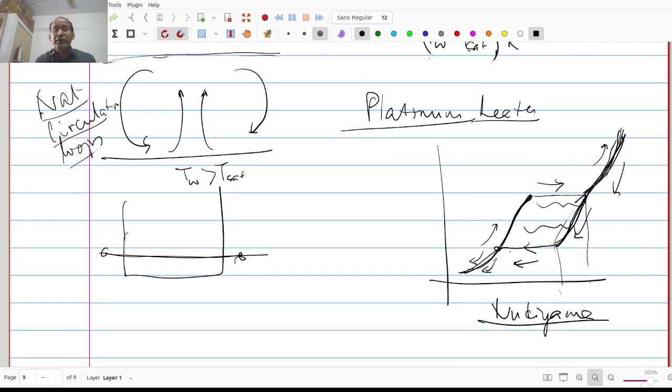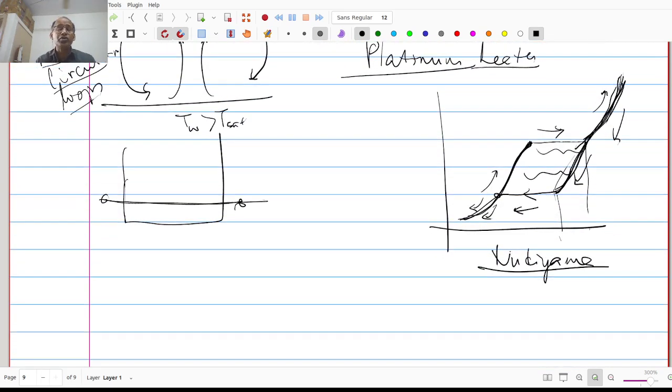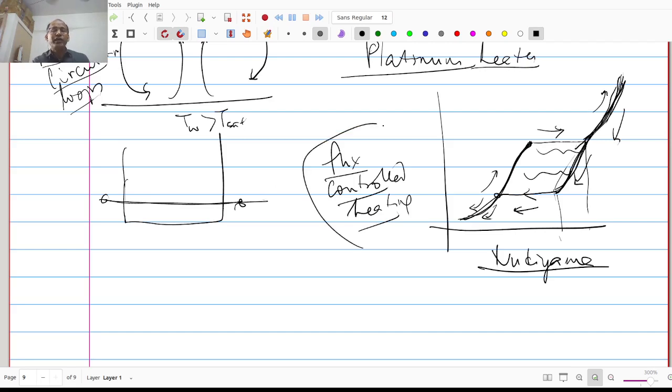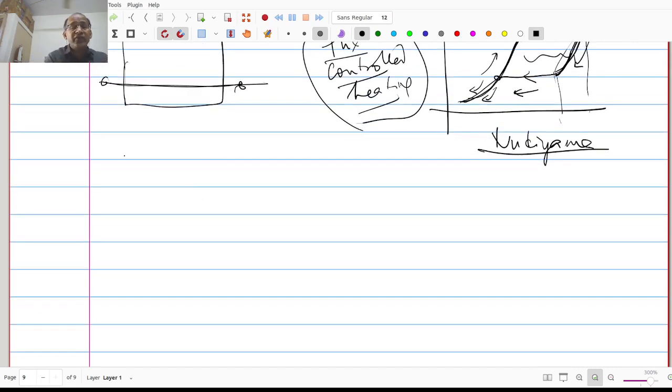Later, a pair of German scientists tried to use, instead of electric heating, a temperature controlled heating process. So this is flux controlled heating, because by controlling the current through this coil, you will be able to control the heat flux, because the heat flux is nothing but voltage into current that is dissipated in this coil divided by the surface area of the coil. So you can control the flux by controlling the current and voltage that are impressed on the platinum coil. So this is flux controlled heating. Instead, when you did temperature controlled heating,